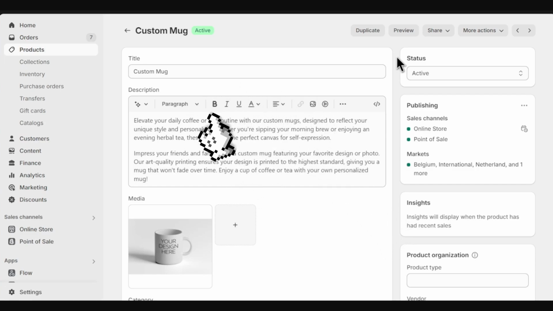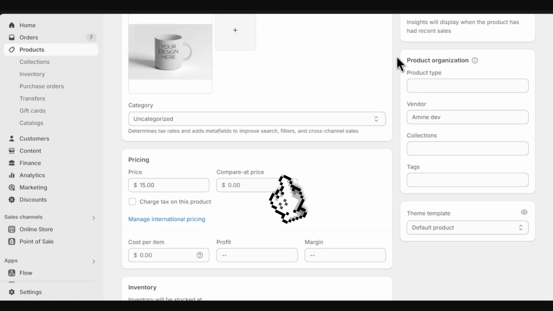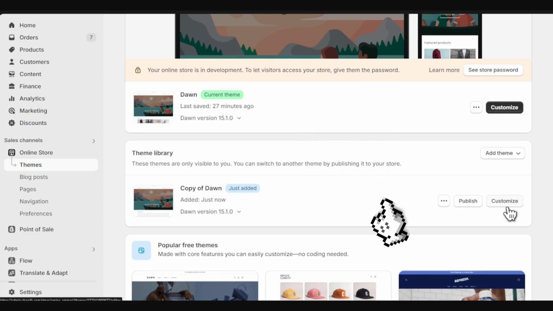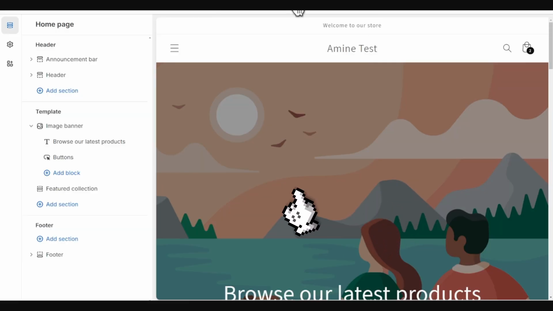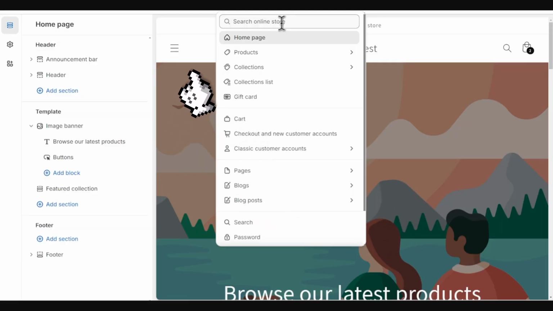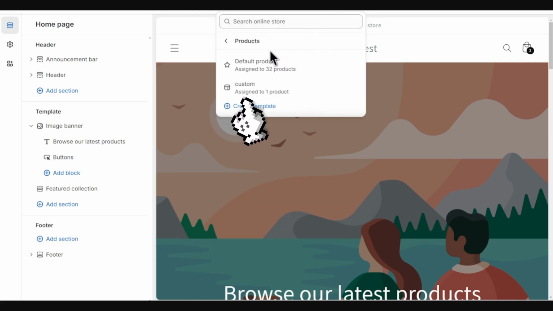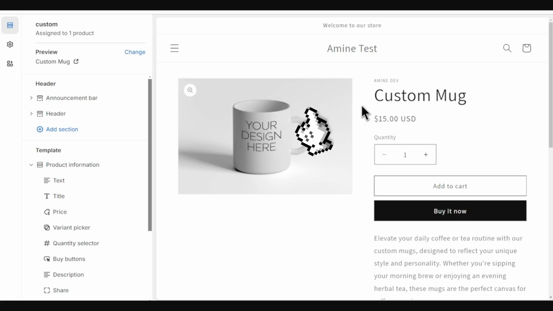Also, right here you're going to create your product. Okay, and then right here you're going to leave this as default. Okay, and then you're going to find your custom template in this area and click this button right here, and